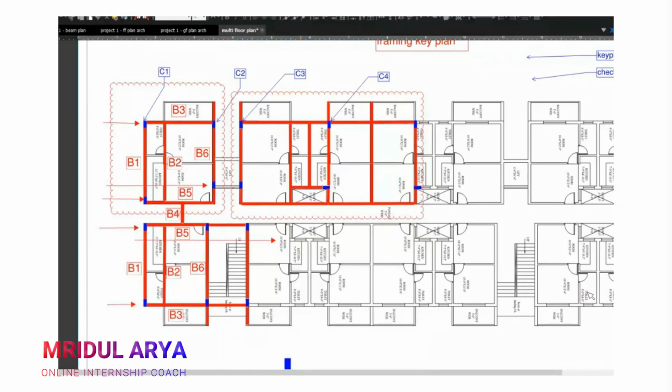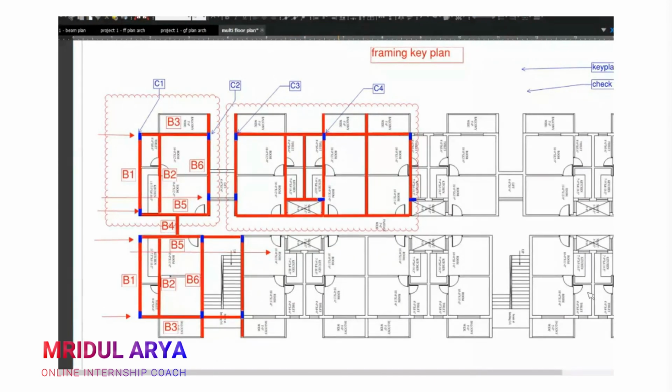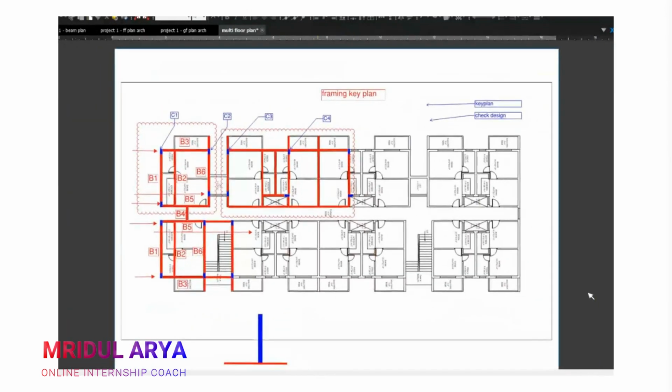Then I will go to the beams and columns design because that's really necessary. And if my requirement needs me to place my columns in the other direction, I will first check my key plan, redo things and try to place my columns in the other direction. Okay? Then I will start with the gravity design, that is your general floor, dead load and live load.